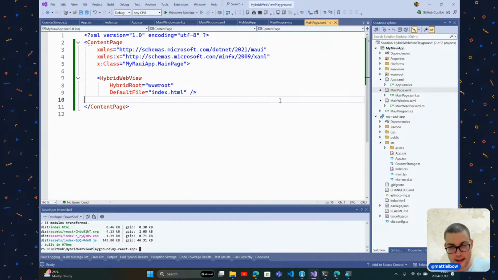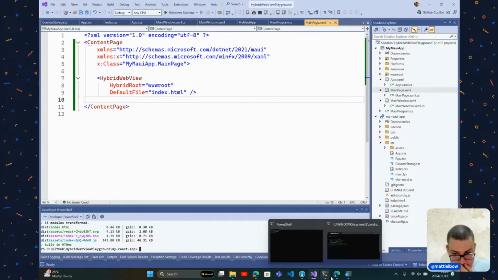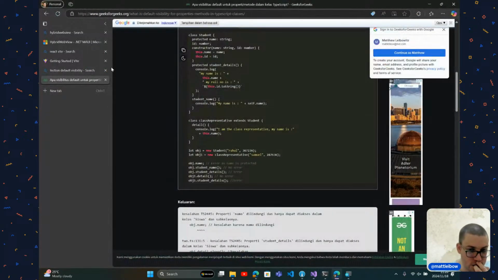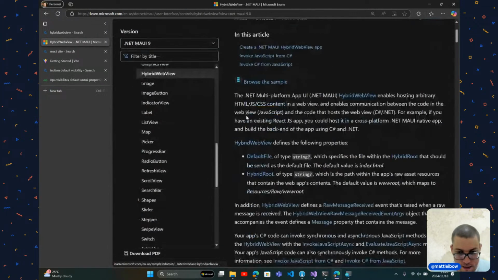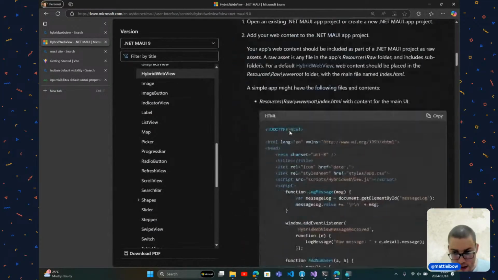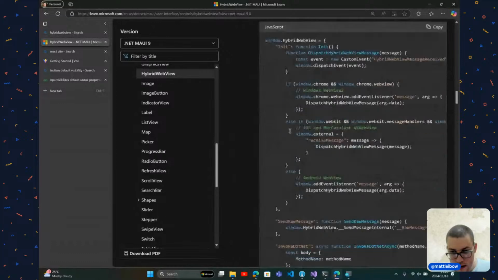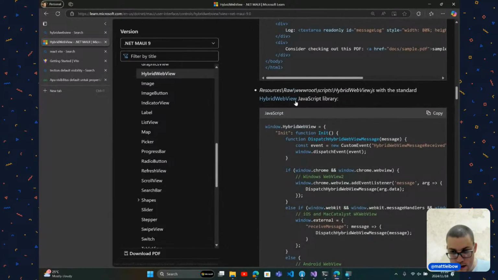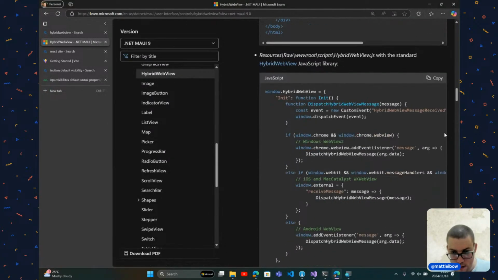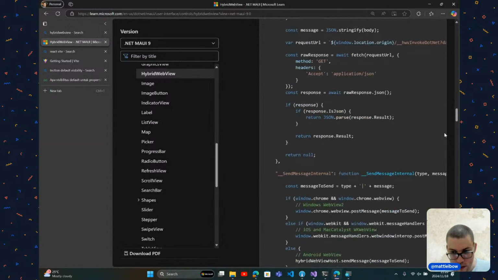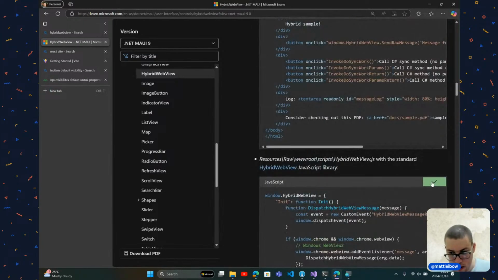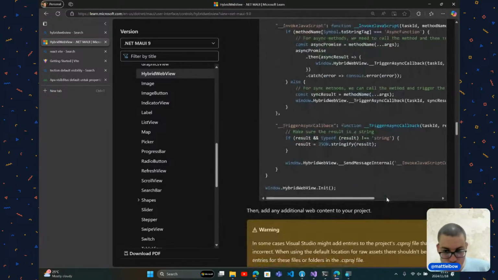So now what we want to do is find some way for this React app to communicate with the native app and get hooked into the backup system. So how do we even speak to the system? Well, the way you get started with that is we're going to need to head over here, HybridWebView. I believe this is the JavaScript that we need to use. Yeah, we just blanket copy this from the good old